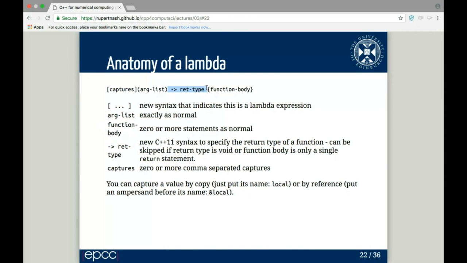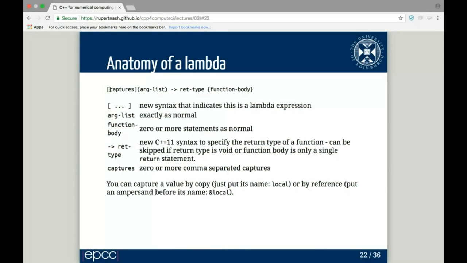But you have to put it afterwards for a lambda. This tells the compiler what type is going to be returned, but you can skip it if the return type is void or the function body is only a single return statement, at least in C++11. When you move to C++17, you can let the compiler deduce it for you based on the return statement inside your function body. And